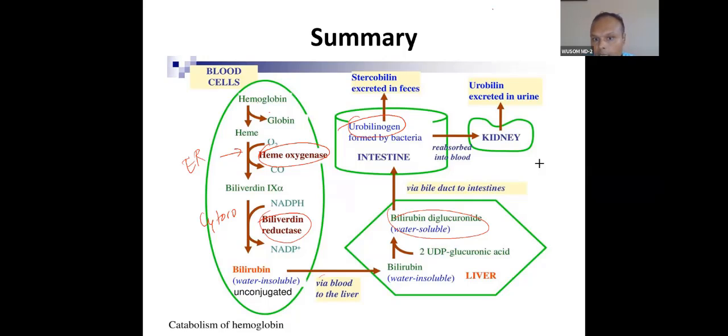It will actually be reabsorbed in blood, and it will be excreted through urine and give color to urine. Some part will also be excreted in the feces and give color to feces. So here also the feces will be colored because of this bilirubin degraded product by bacteria, urobilinogen, stercobilinogen. This becomes stercobilinogen here, urobilin. So stercobilin and urobilin here. So remember, the color of stool is because of stercobilin, the color of urine is because of urobilin. In normal condition, I'm talking about normal